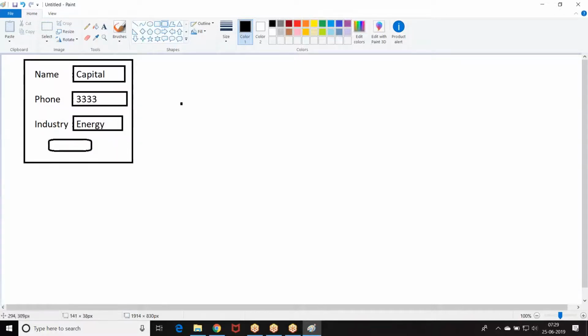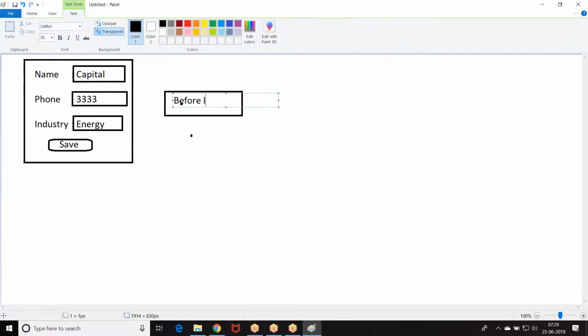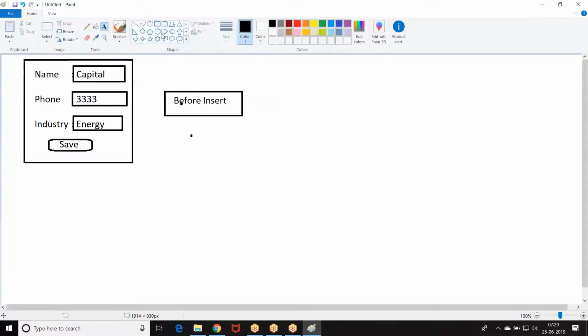I clicked on save. Now when I click on the save, immediately what happened? Before insert trigger will be ready. The moment I click on the save, before insert trigger will be running, then it is going to save the data to the table.